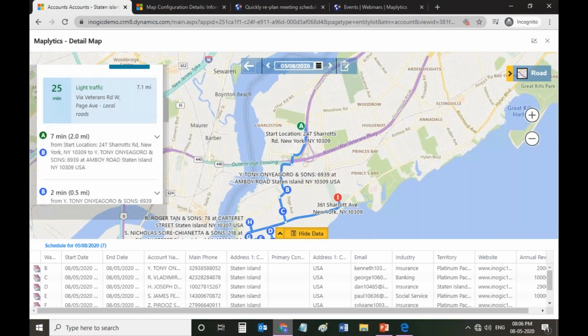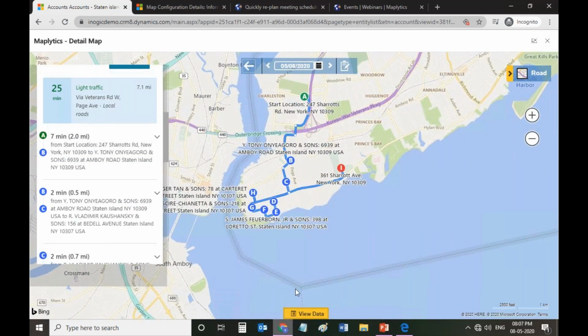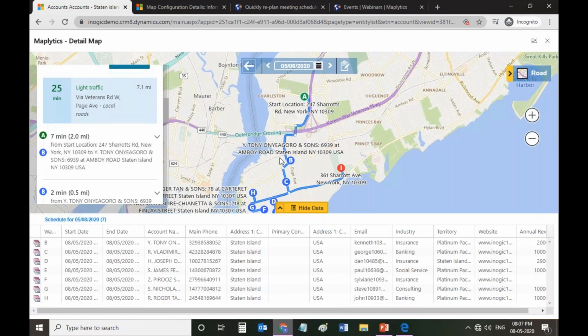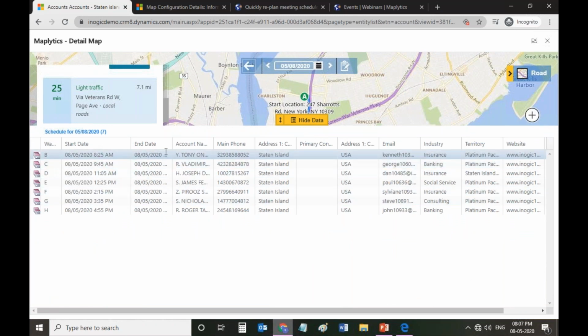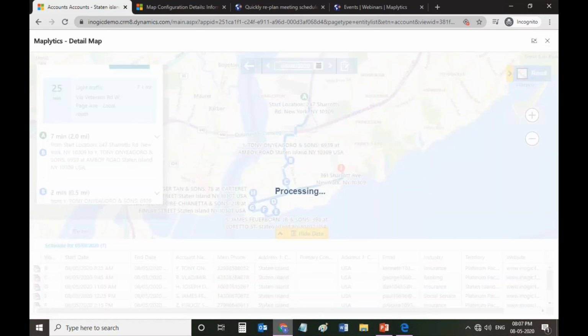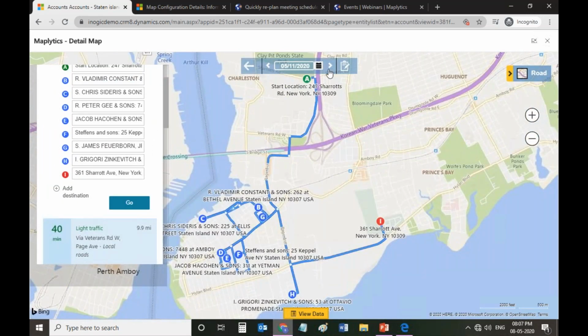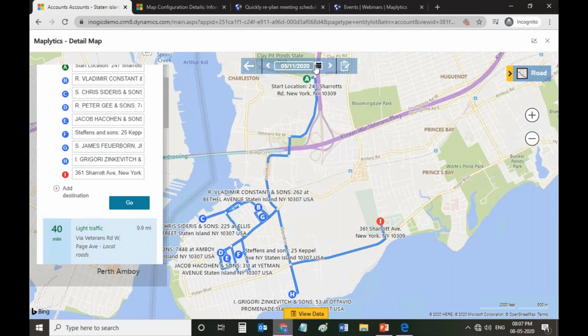So this has given me the route for the waypoints that I have selected, and the respective data is also available within the view data grid right here. So you can see the date and time, and this is how you can get the automated schedule created. And you can click on the transition button, you can click on the right option, and this will give you the route for the next day. So this is how you can see that this has been scheduled for 3 days based on the preferences that you have given into the auto scheduling card.